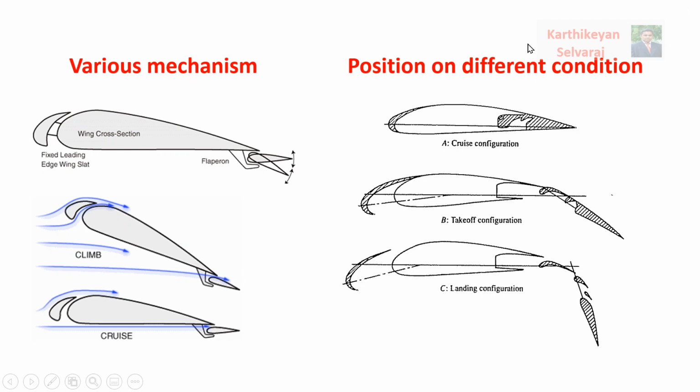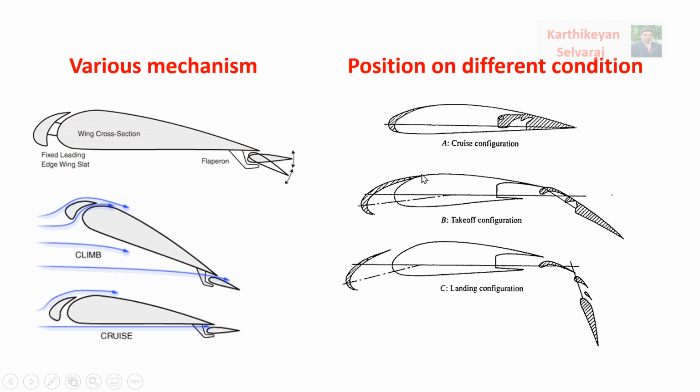And here you can see again the mechanism of your slats and the flap, but here the mechanism will be detachable. The previous picture was a fixed one. Here it is detachable. So in the cruise condition, it will be like this. You can see the area will be almost normal. But in the takeoff condition, we can expand the slat as well as the flap to the maximum level. But you should not give a gap between the slat and the main wing. Similarly, slat, flap and the main wing should be attached. You should not give any gap, because once you give a gap, automatically the boundary layer will be separated.